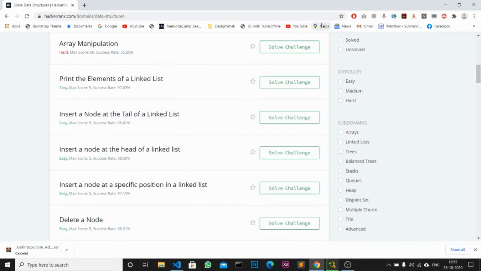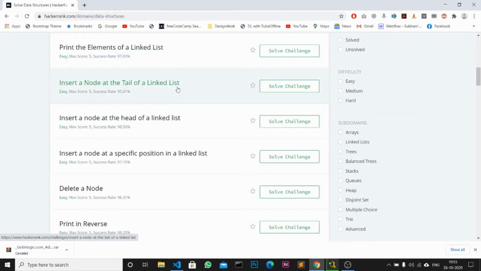So, today I'm going to solve some HackerRank problems. Recently I started learning about data structures and algorithms, and I'm trying to figure out where I stand in data structures. I completed the linked list portion only. So I will start with very easy linked list problems, and as I progress, I will keep uploading videos and explaining all the topics that I have learned so that I can help you get through this path.